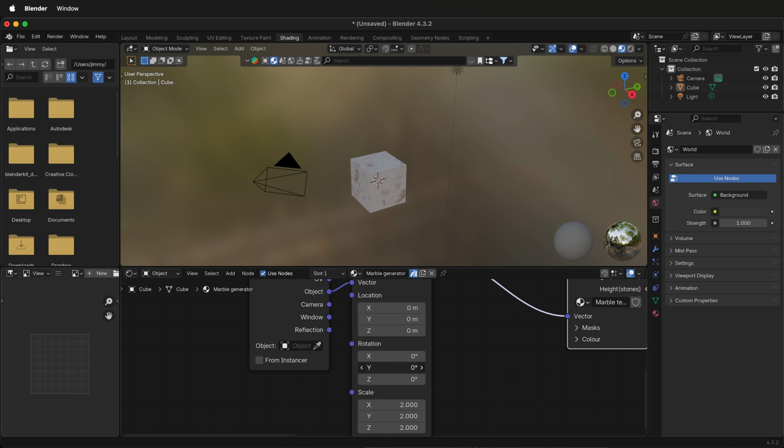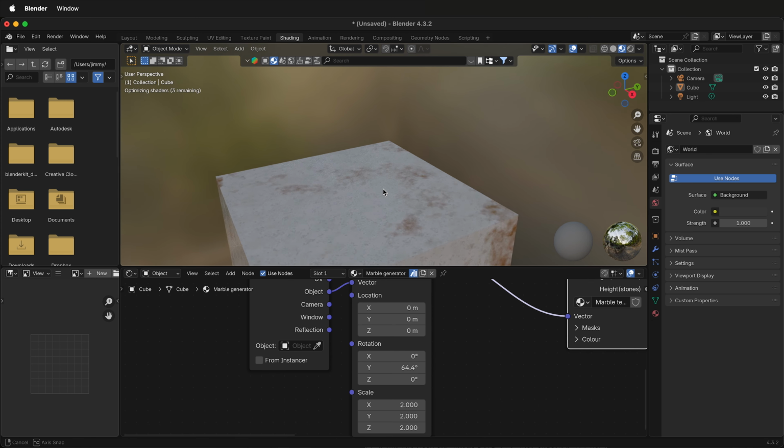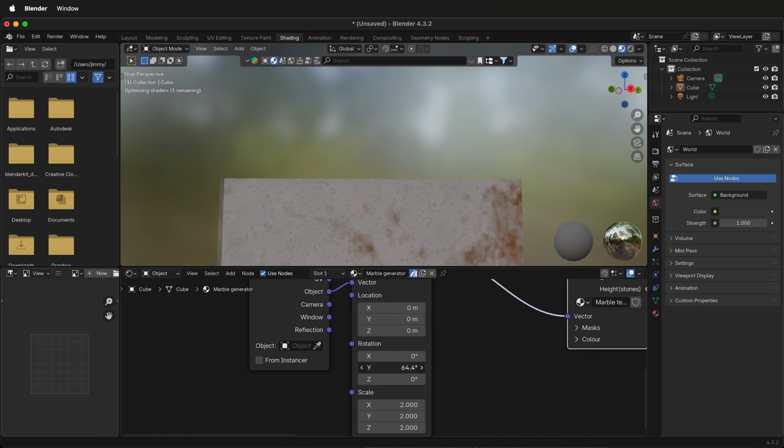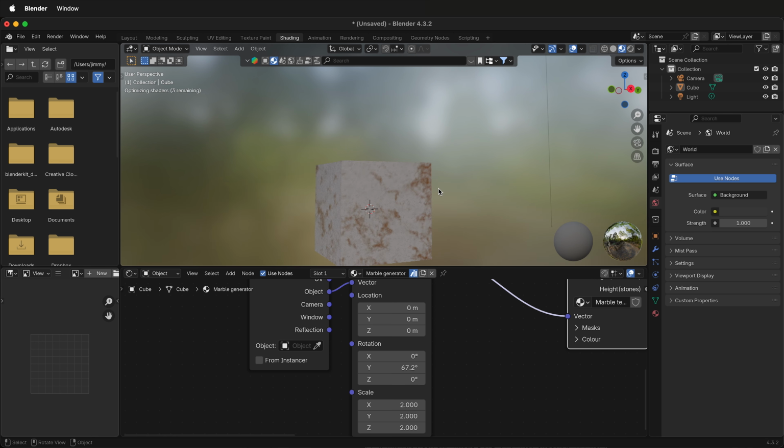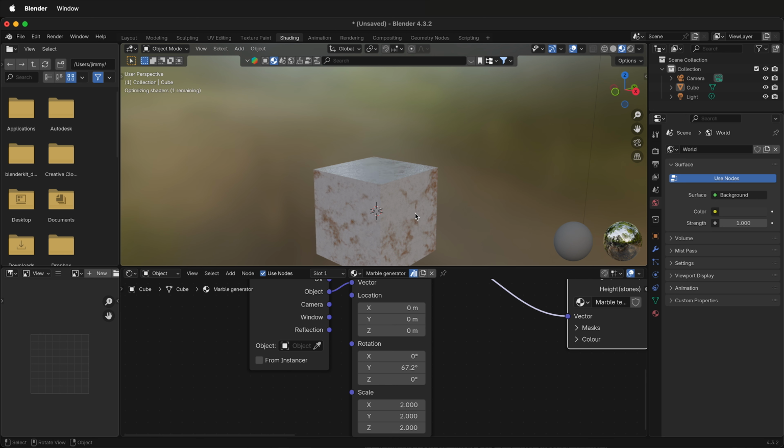Then I can change the rotation of, say, the Y direction, and you'll see how that texture updates when I do that. I can also change the scale depending on if this cube is the size of a little pebble or the size of a building. I can change the scale of the texture, which can be really helpful. I can change these independently,